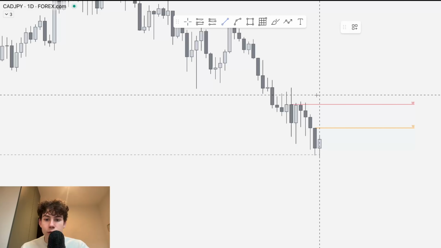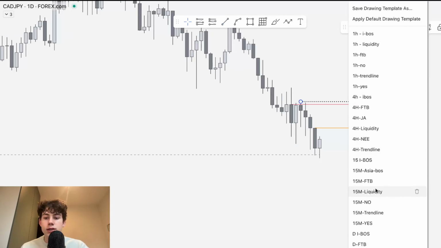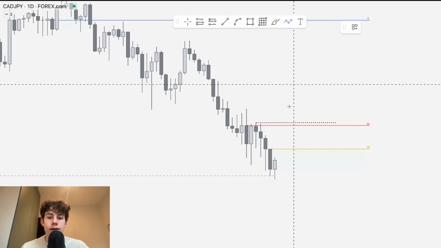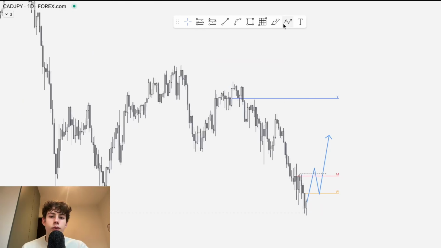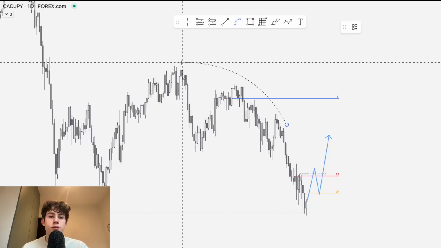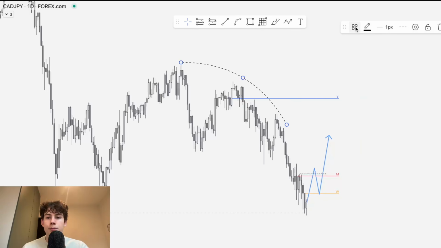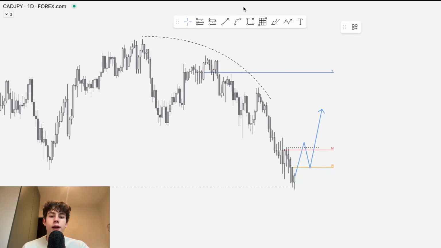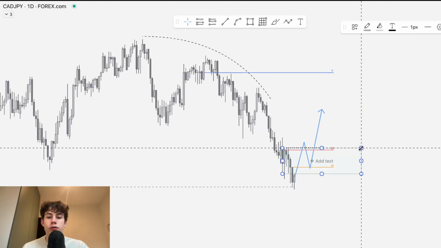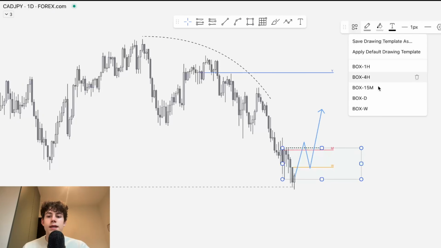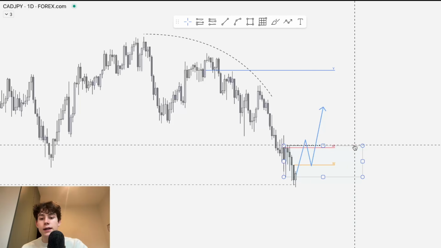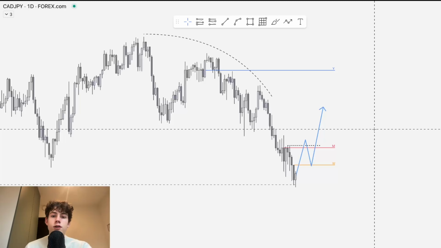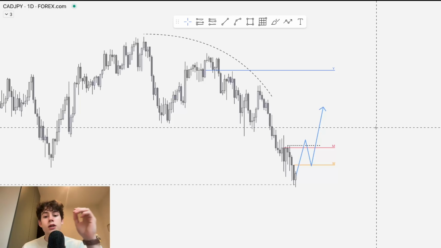What is confirmation for me? The daily fractal, which is located at this high. So I'm now waiting for that daily fractal high to break, and then I will be ready to look for swing position longs in towards possibly those liquidity highs. Okay, so for now this supply zone is still in control, so longing at this point in time is not valid. So that's why I will wait for that fractal break or that supply to break, and then I will be ready for longs. But once again, this is the daily time frame, so that will be for possibly later this week and not today